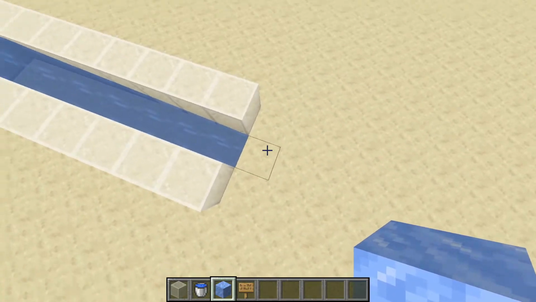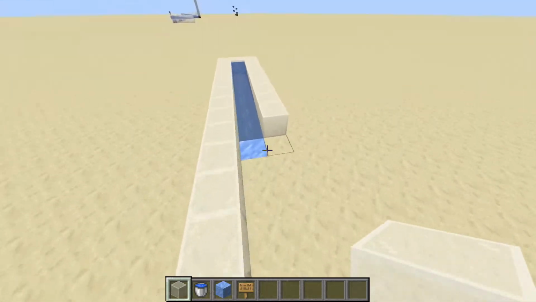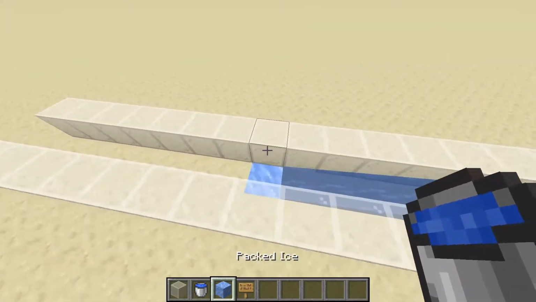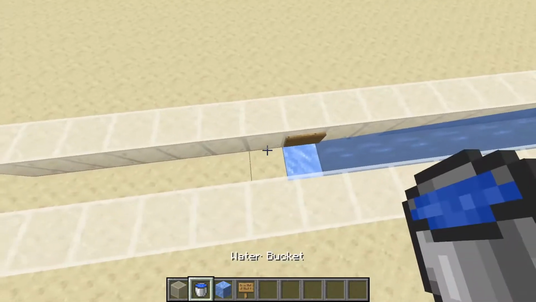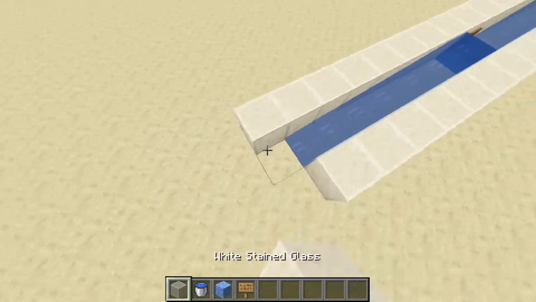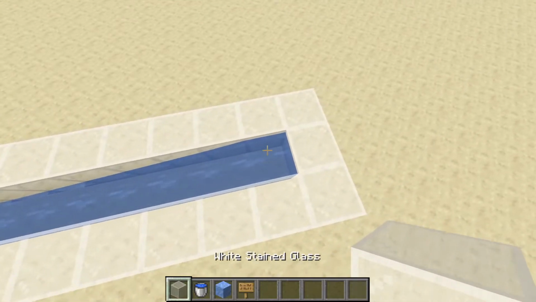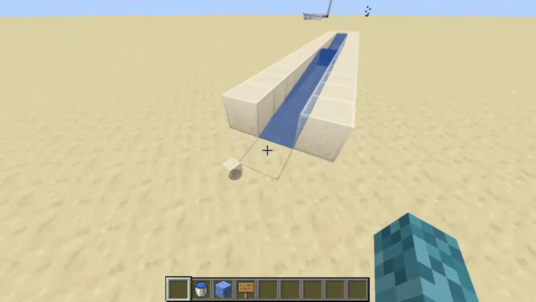Then we can place down a glass block, and then go ahead and continue and build some more blocks out to the sides here. And so this way we can have a continuous water stream by placing down a sign on the side of one of these walls of glass, and then placing another water bucket on the end. I have to place some more blocks on the end, but you get the idea. We can place an item down here, only using 1 piece of ice total, and it gets pushed all the way to the other side.